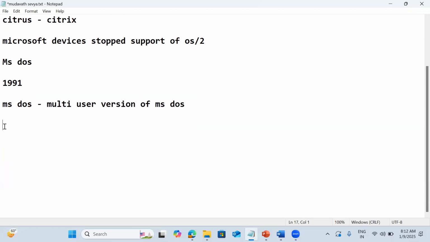Then Microsoft came with Windows NT. So they made a multi-user version of Windows NT itself, but it was a collaboration project with Microsoft. Microsoft and Citrix, it was a giant venture, and they developed a multi-user version of Windows NT. But meanwhile Microsoft had become an IT giant. Microsoft didn't want to continue with Citrix for that product. They wanted the solution developed as WinFrame.